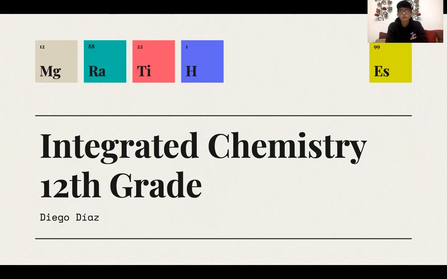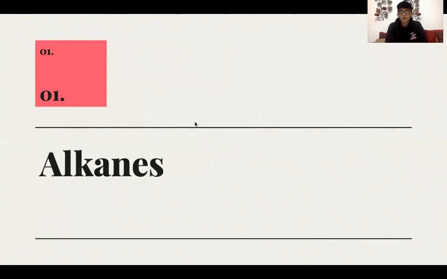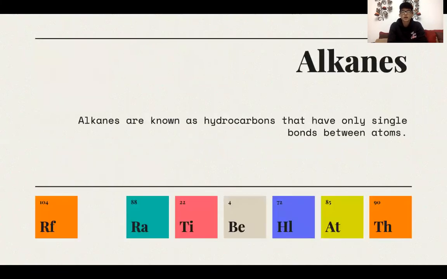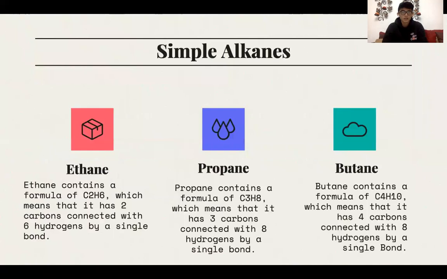In this video, we're going to review a little bit about everything that we saw in class. So let's start. First of all, we're going to start with alkanes. Alkanes are known as hydrocarbons that have only single bonds between atoms. Some of the most common ones are ethane, propane, and butane, each one of them with their